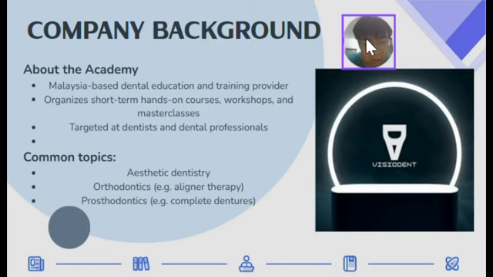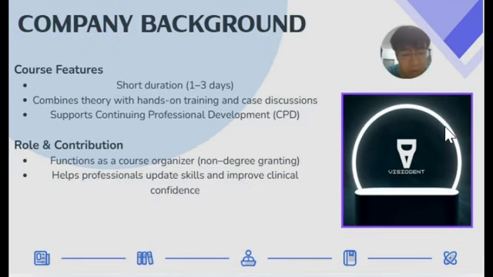The academy focuses on practice-oriented clinical training to enhance clinical skill and confidence, covering areas such as aesthetic dentistry, orthodontics, including aligner therapy, and prosthodontics. Most programs are short in duration, usually 1 to 3 days, allowing participants to upgrade their skills without extending time away from clinical practice.